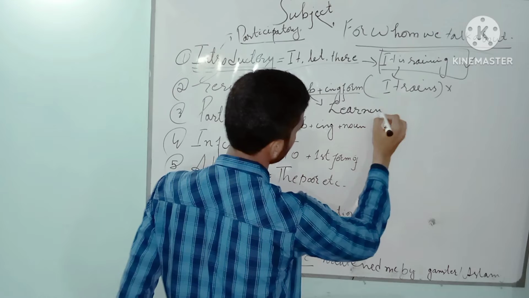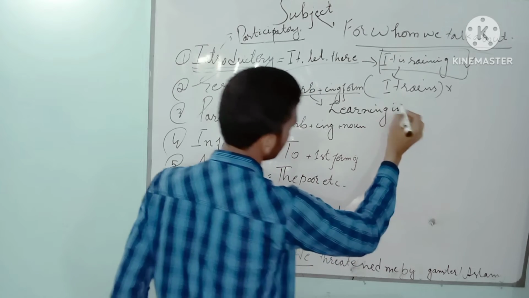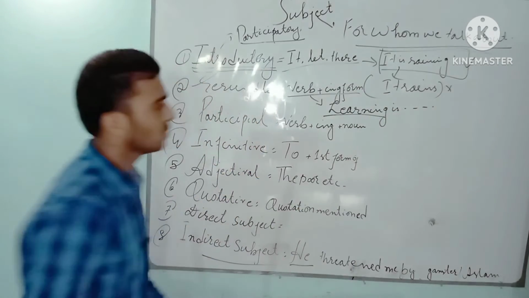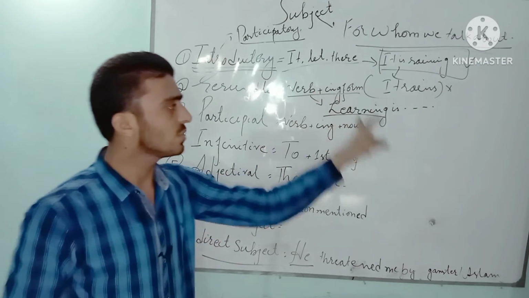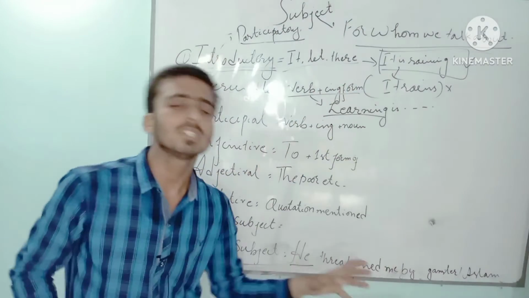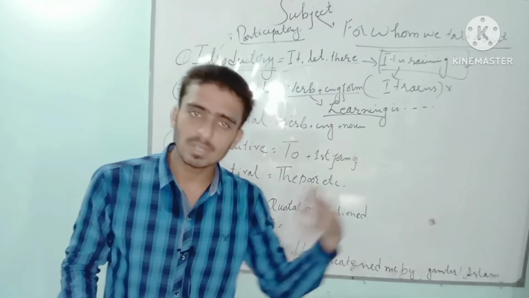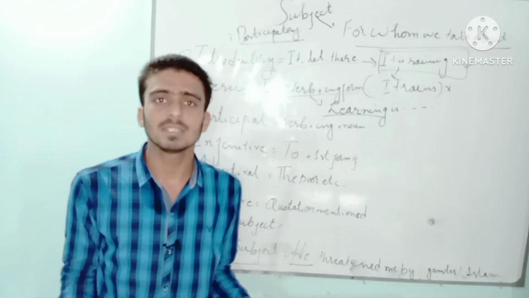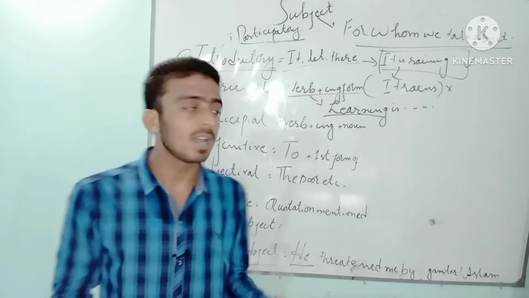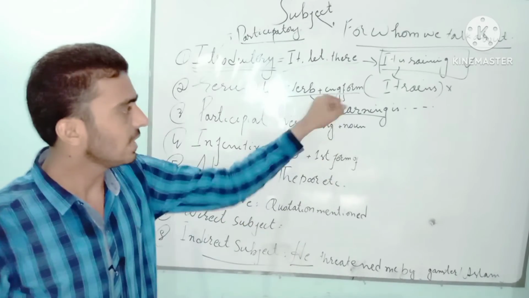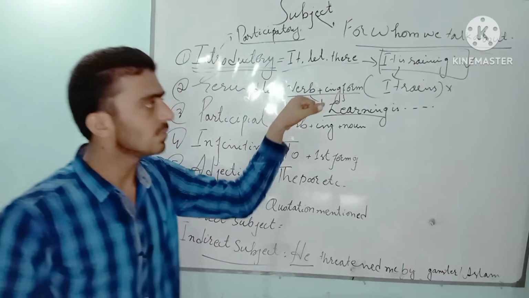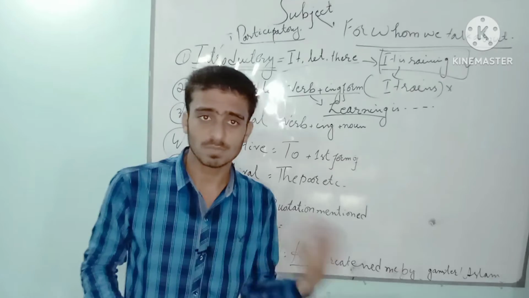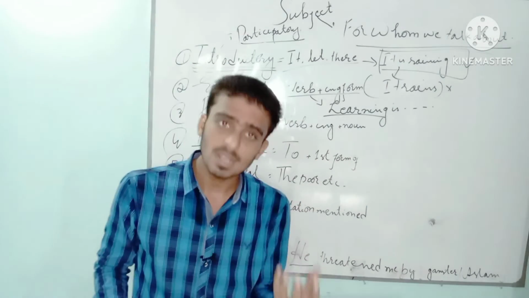Learn is a verb and I use it in "learning is good habit." Here I use learn plus ing form just as the gerund. There are many positions of the gerund: it can come in the middle of the sentence, just like "I saw him walking," "I saw the sun rising." These are all kinds of gerunds. Whenever the gerund comes at the start of the sentence, it is a gerund subject. It means it is coming in the place of the subject, so we call it a gerund subject.